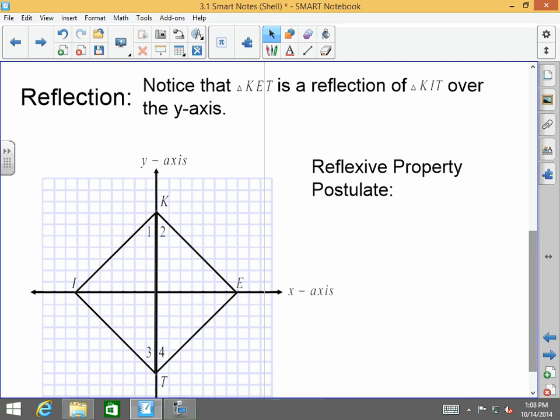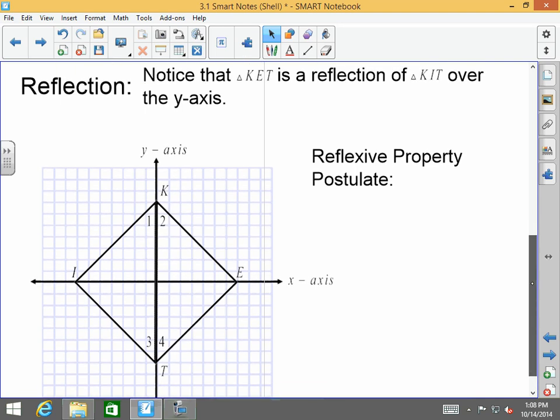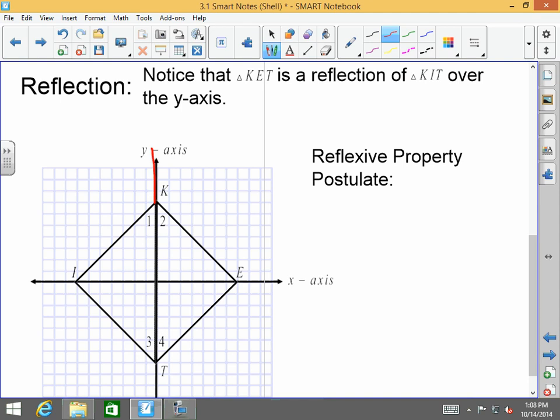If you notice below, okay, you have two triangles. You have KET and KIT. And these are both reflections over the y-axis. So if I draw a red line here, KET and KIT are reflections of each other. That just means that I flipped it over. Okay? If I were to fold this over each other, every single point of KET will correspond to every single